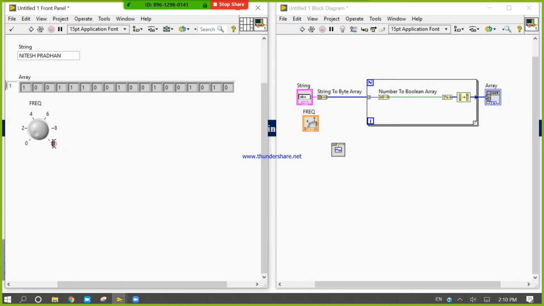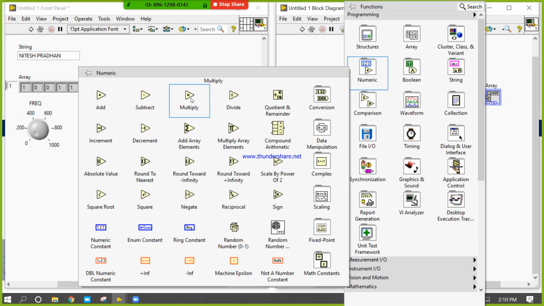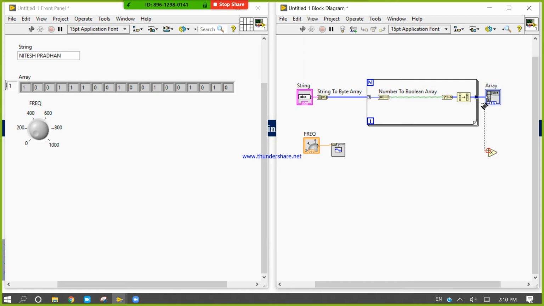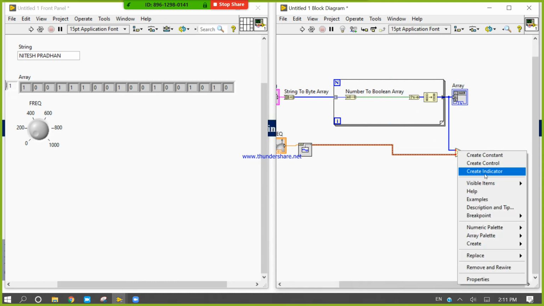The frequency will be near 2000. Frequency, multiply. It is again one polymorphic function.